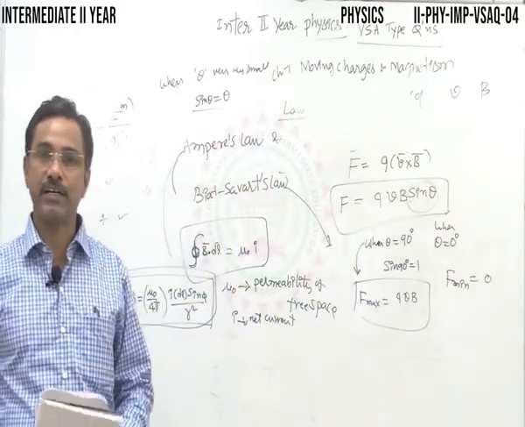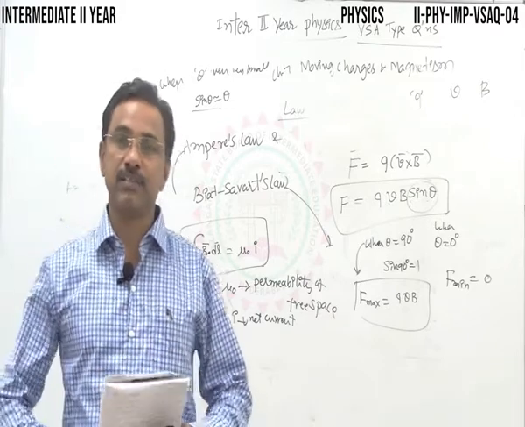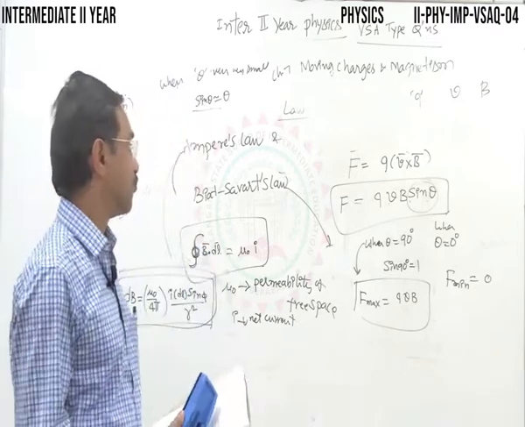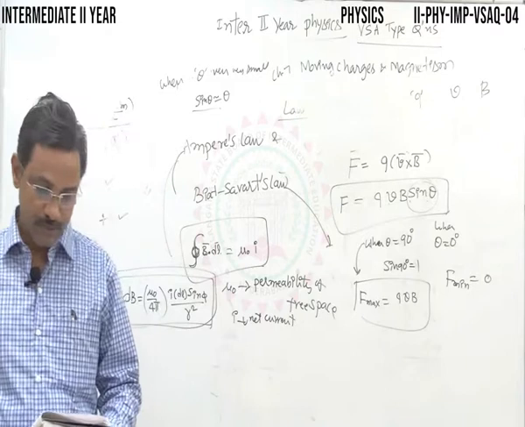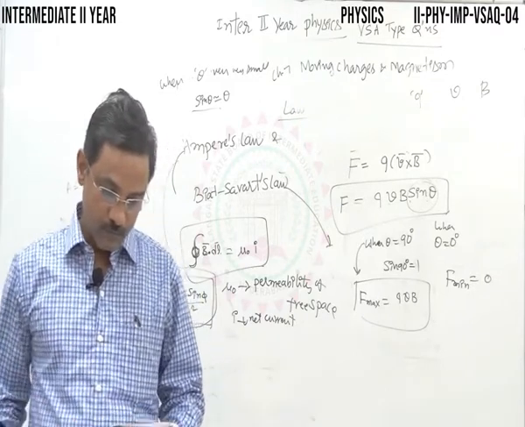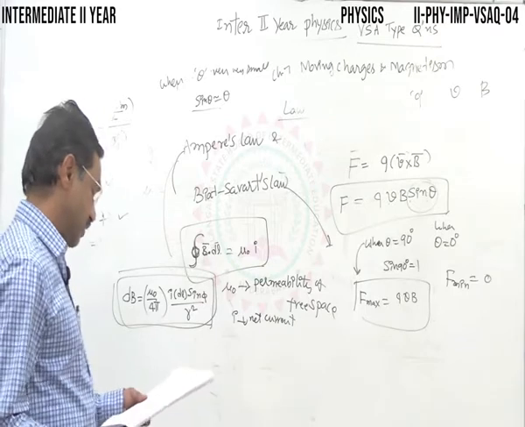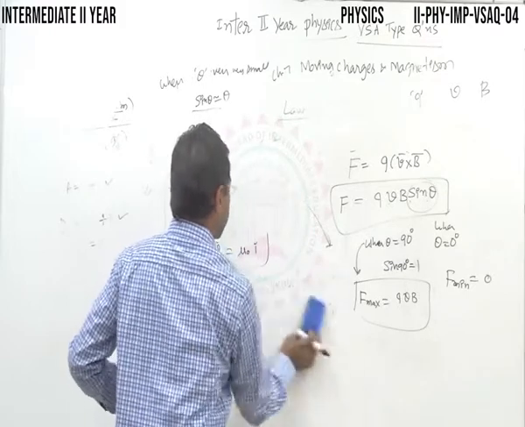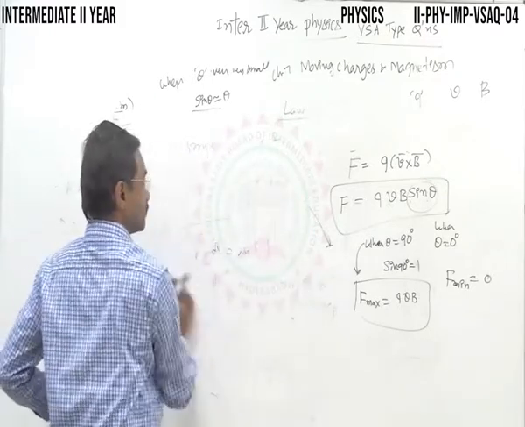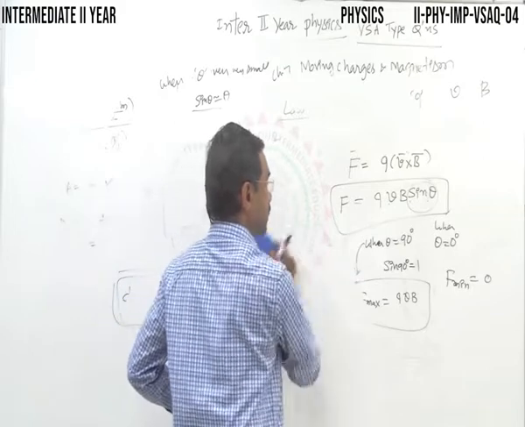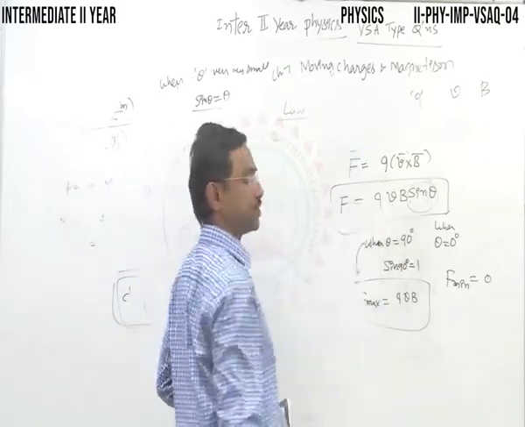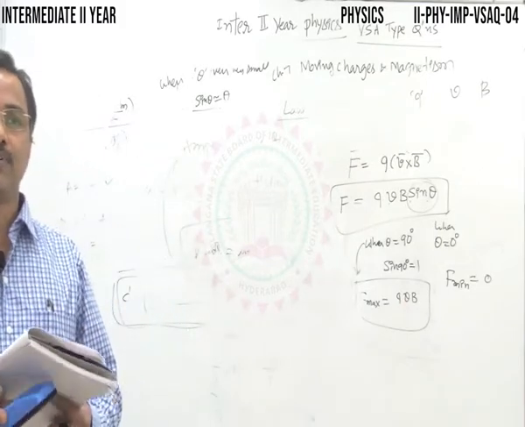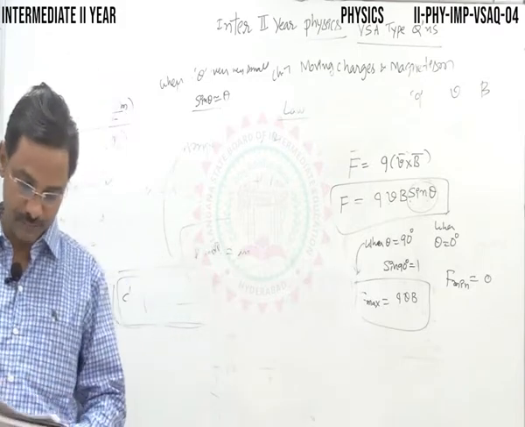So when theta is 90 degrees, perpendicular, right angles, the force on the charged particle will be maximum. It is given by QVB. Please note down. What is the force on charge Q moving with velocity V in uniform magnetic field? This expression you can write directly and then explain the terms involved. Q is the charge of the particle, V is the velocity with which it is moving, B is the magnetic induction field. Of course, theta is the angle between the velocity vector and the magnetic induction field.